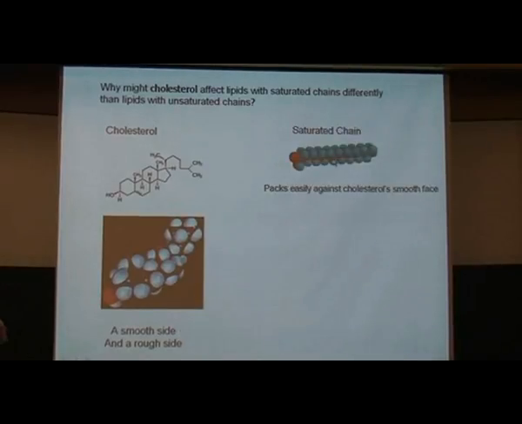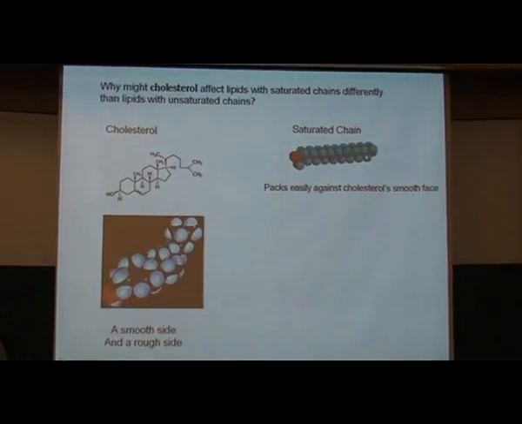And the saturated chain, if you draw a molecular picture, if you make it straight, this is the ground state, which has the smallest area per molecule, by the way, that can pack easily against a smooth face on the cholesterol. Whereas if you look at those double bonds, and I didn't tell you something, again, organic chemistry, those double bonds are a particular type called cis. There is another type called trans, and you're not supposed to eat those. So you don't want to eat trans fatty acids, but the cis fatty acid has this great big kink in it, and I'm speculating here that that will pack better against the rough face. At least it will pack better than these things will against the rough face.